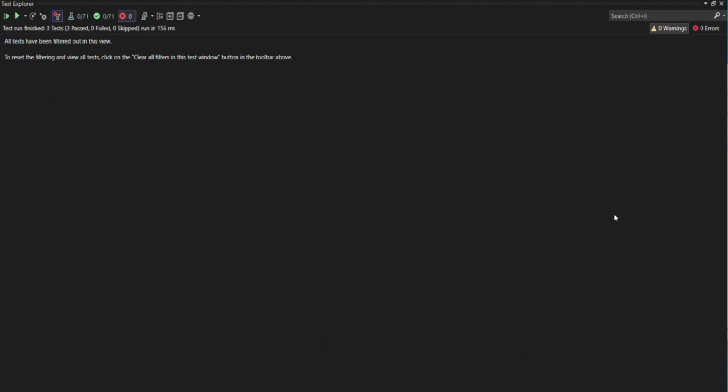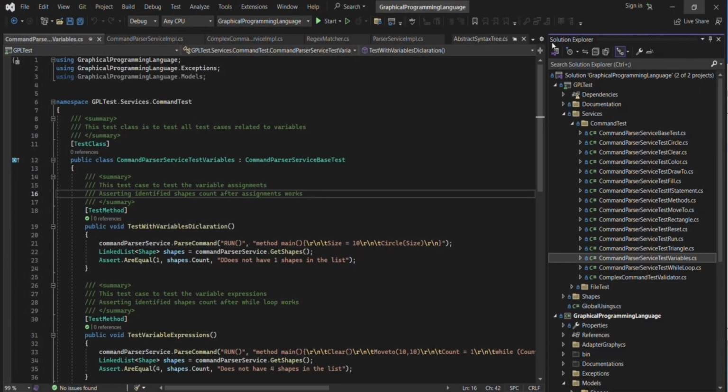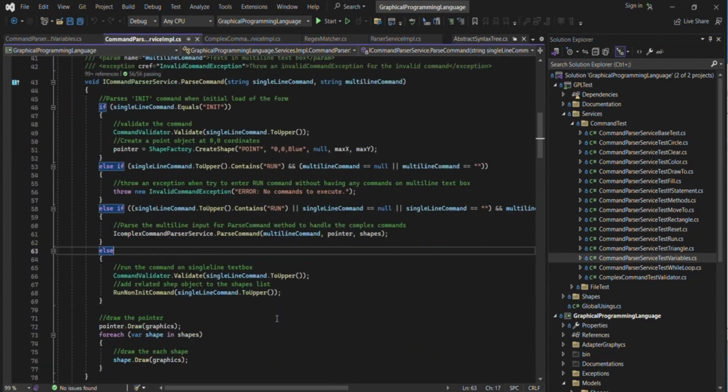So it has three test cases, and all three test cases pass. So unit tests are done, and you can see every XML documentation is updated here and here. So yeah,